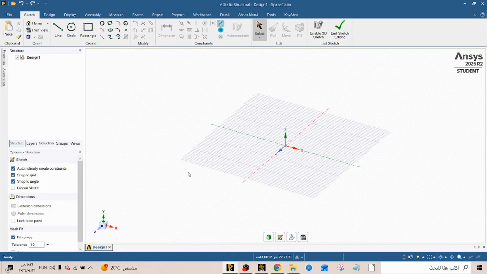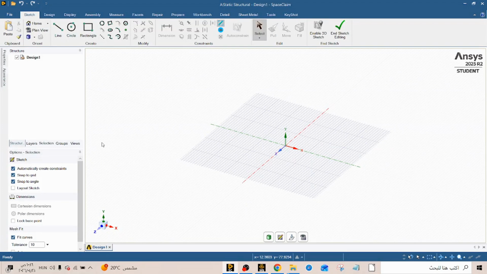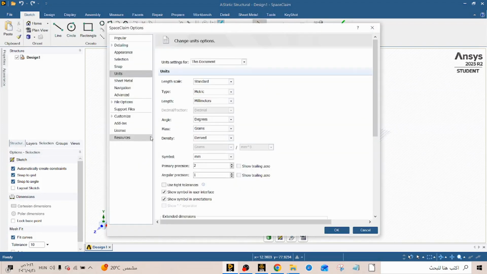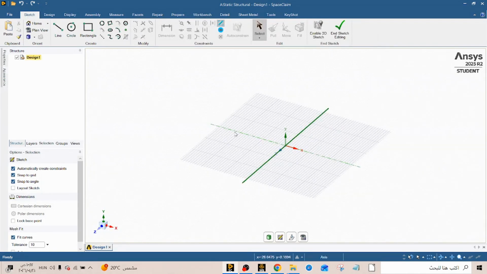So if we go to File, it's basically options, and make sure that units are in metric and millimeters by default. So I will say okay, and now I will be modeling in the metric system.